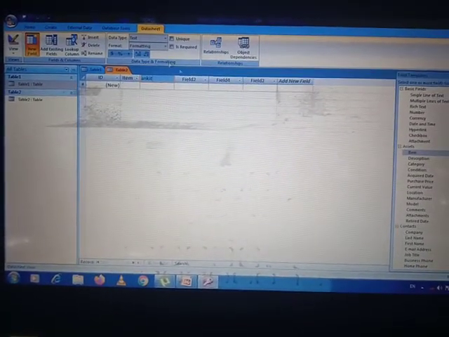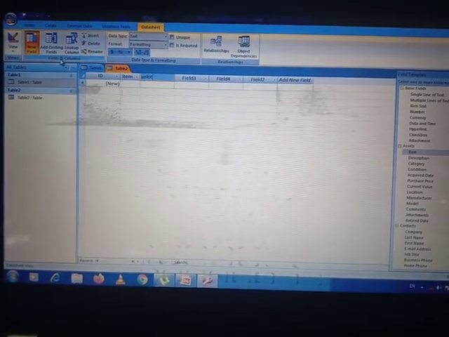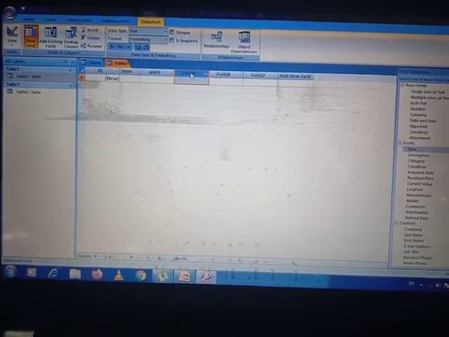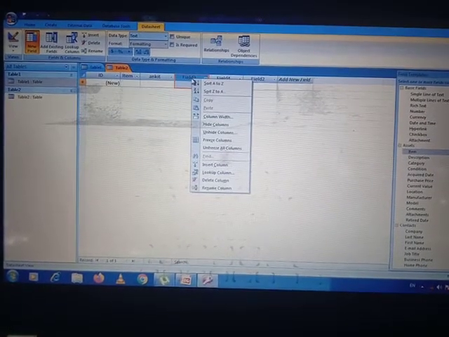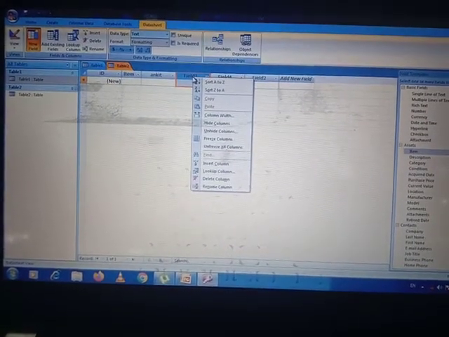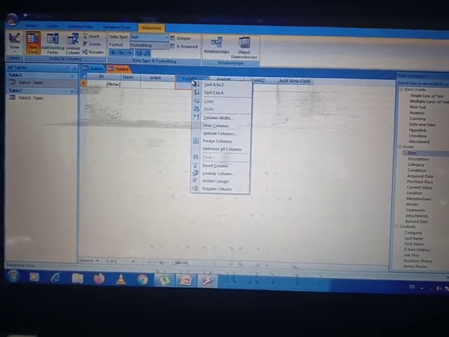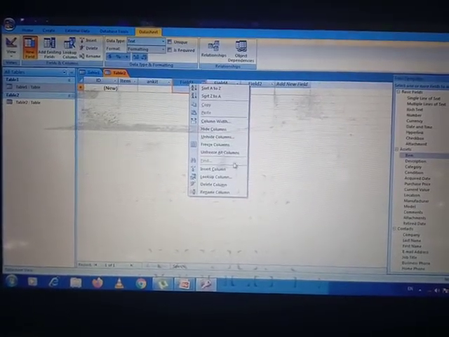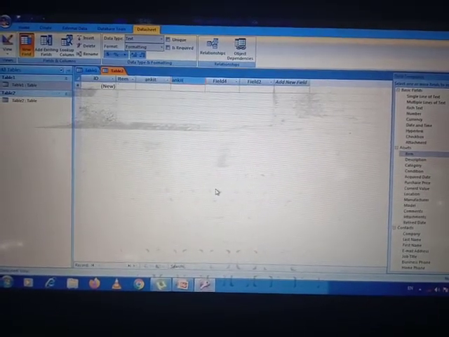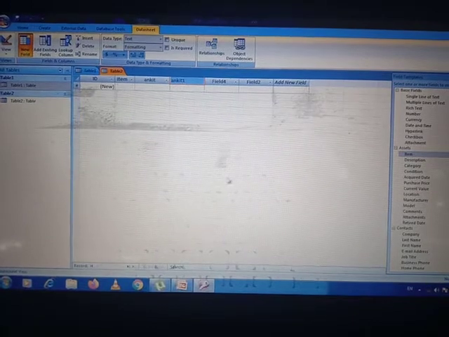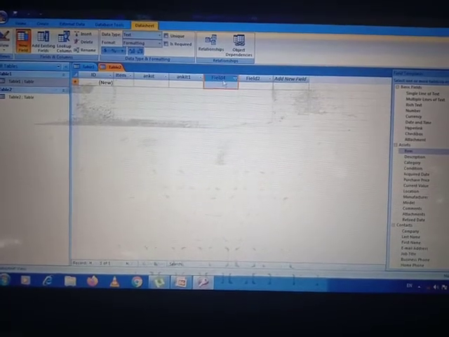This is the option in the Field and Column group, or by selecting the particular field we can right click, and in that context menu there is an option of Rename Column. By clicking on Rename Column, the text is highlighted and we can enter the column's name or field name.